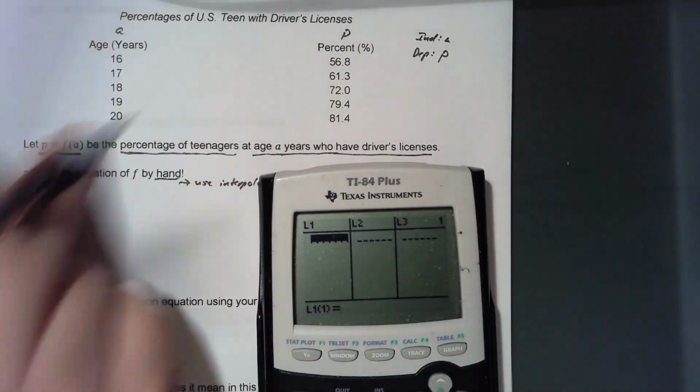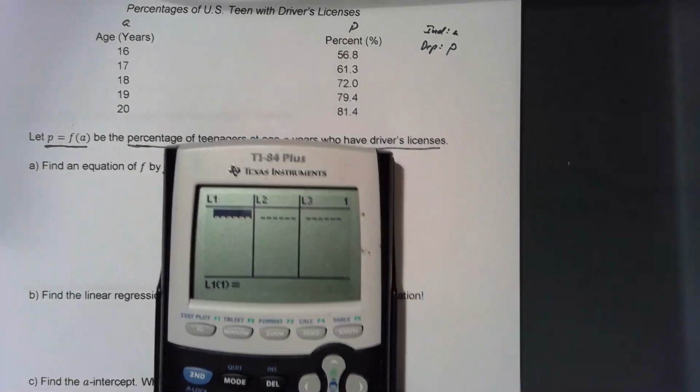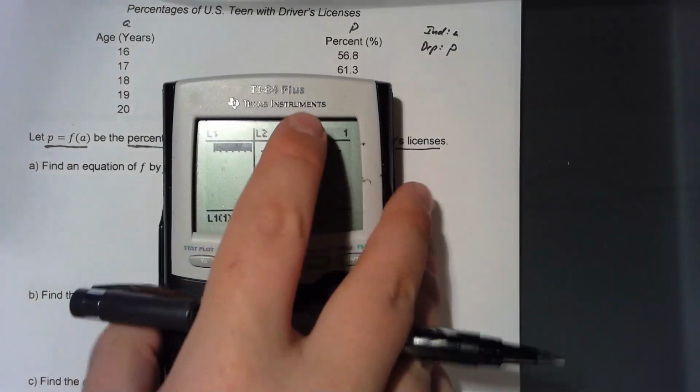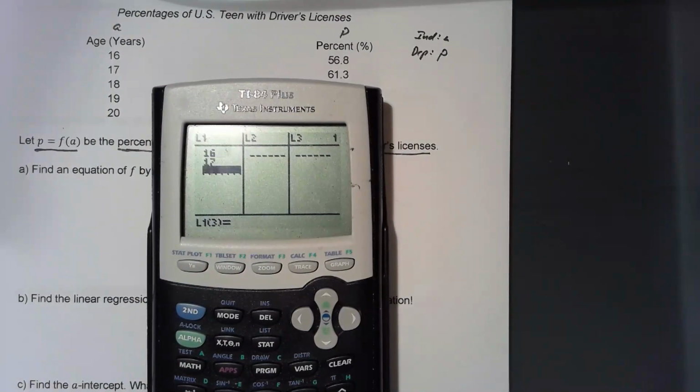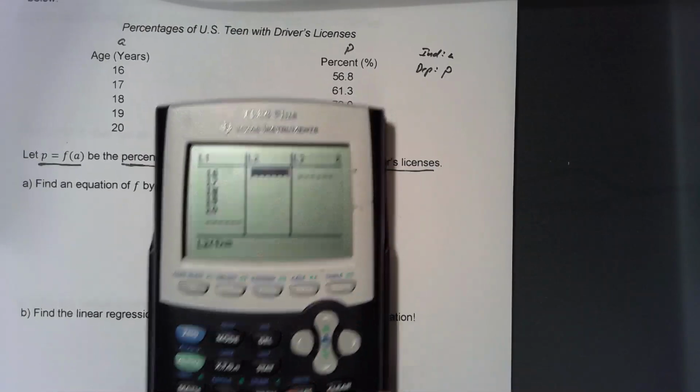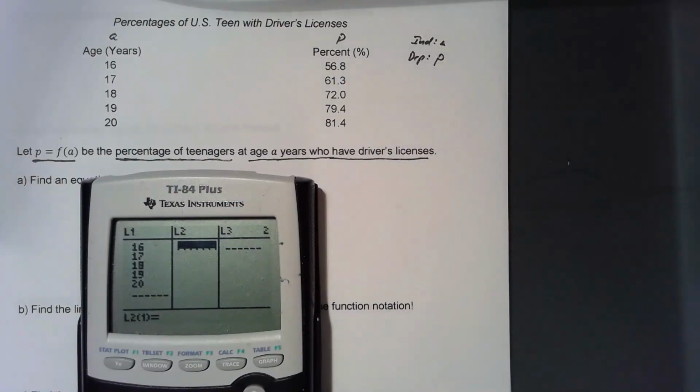That's the data that's given to us. That's the same as the variable's description, so just type in the data for age, 16, 17, 18, 19, 20, in column 1. Column 2 is the percentage of teenagers who have a driver's license, and that's the data, so type that in